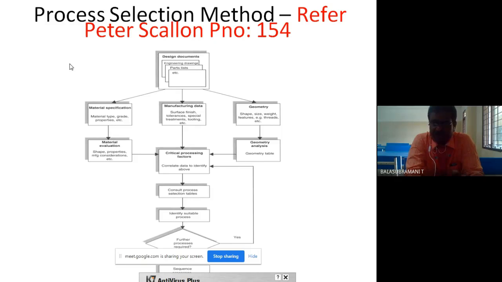And yes, same concept. First, the design documents. First only the design documents: engineering drawing, part list, all the data should be contained in the design documents. Design documents contain part drawing, data details, all the data. Some categories you have to cover: one unit contains some number of sub-assemblies. Say, for one example, a bicycle. A bicycle is one unit or one product.